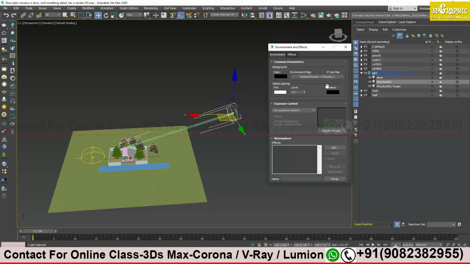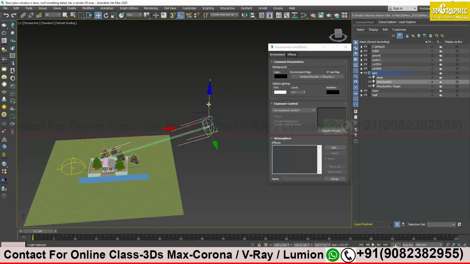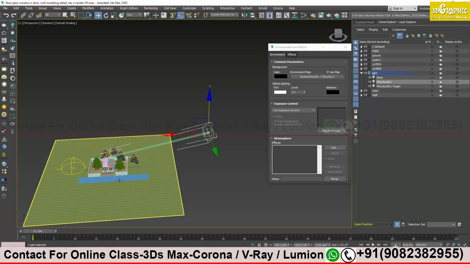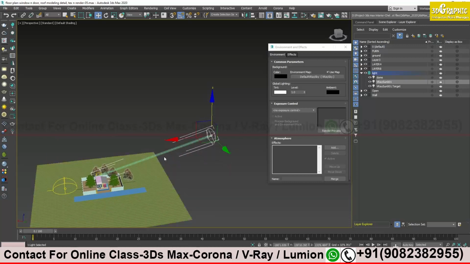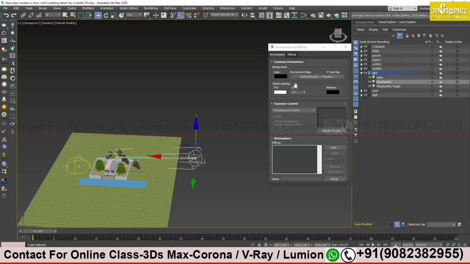Clear? Okay. So here when I use VRaySun, I am getting an option where V-Ray is asking whether you want light to come from the environment or not. Should there be a V-Ray sky that will help me create light on my scene? So I said yes. So it has added a V-Ray sky, which means some kind of sky will be there, not visible over here, but it will be visible to V-Ray and 3ds Max.